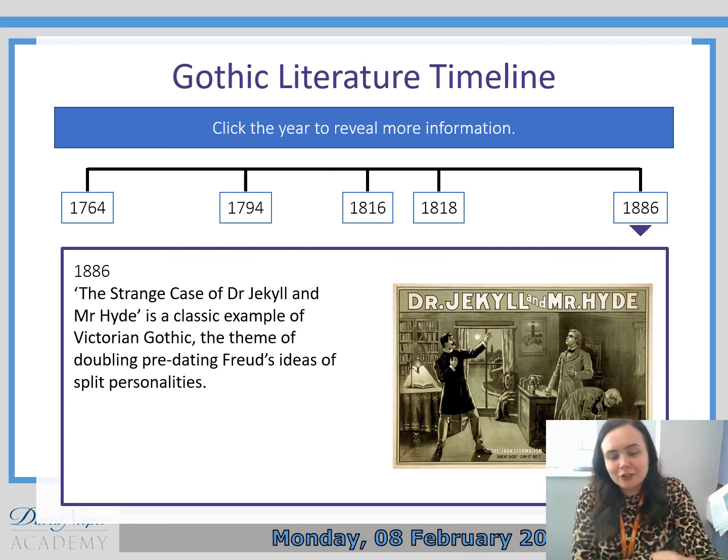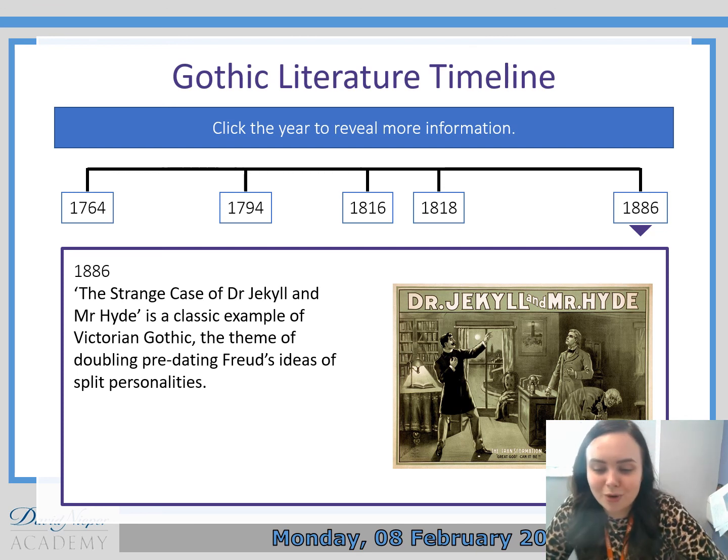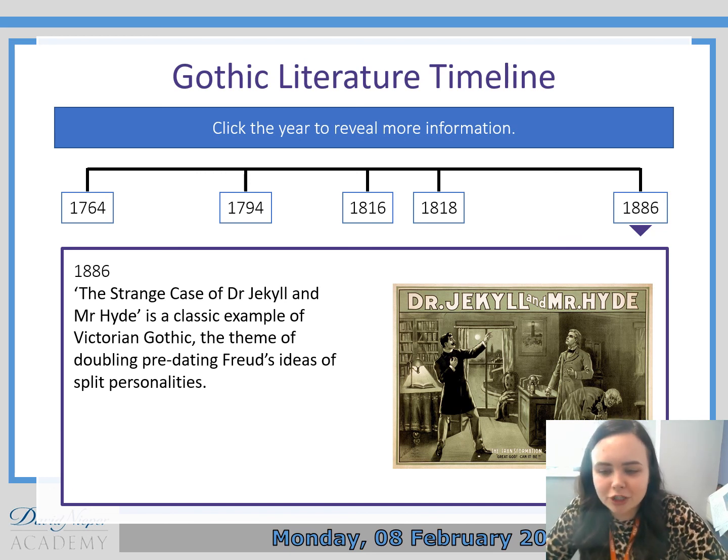So I hope you've enjoyed our first lesson on Gothic literature. As I said to you before, I really do love this unit of work. I just think it's so interesting to think about where a genre originated from. You know, that Castle of Otranto. Why did someone all of a sudden decide to write a piece of Gothic fiction, and how did it all of a sudden become quite a big thing?